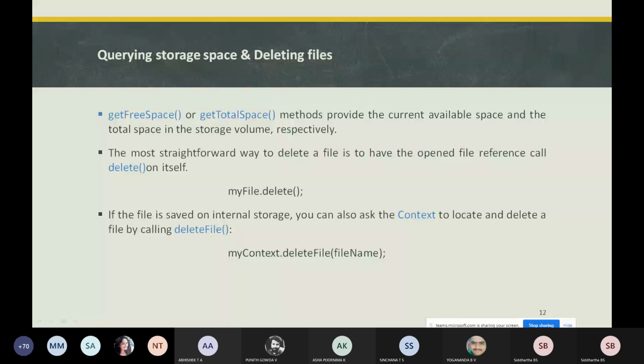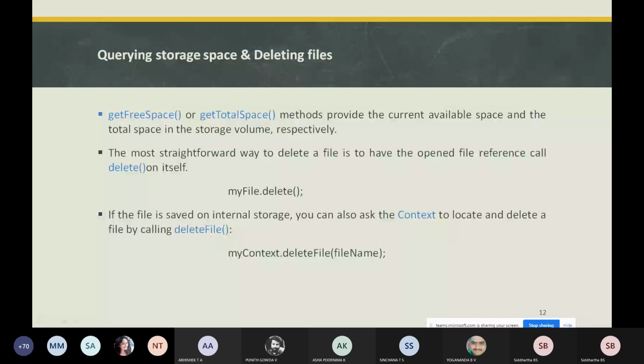Next is querying storage space and deleting files. Querying storage space, what does it mean? How much data are you saving when you install applications? When installing applications, we need to find out whether sufficient space is available without causing IO exceptions. For example, when you are installing a 1 GB game application on your device, we first need to check whether that space is available on the Android device or not.